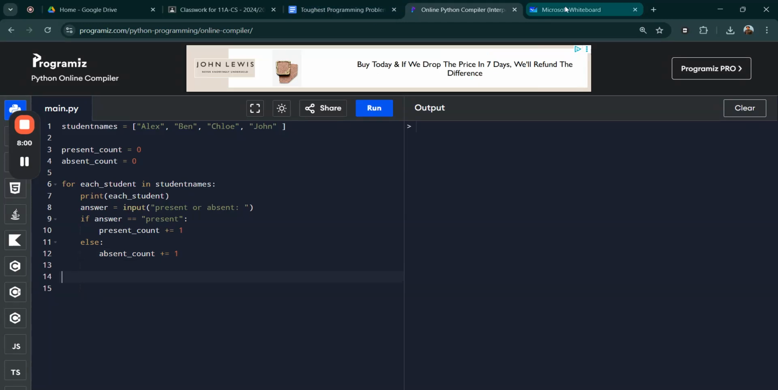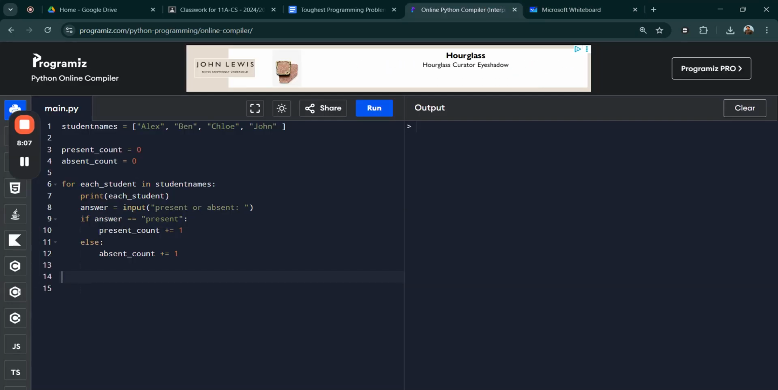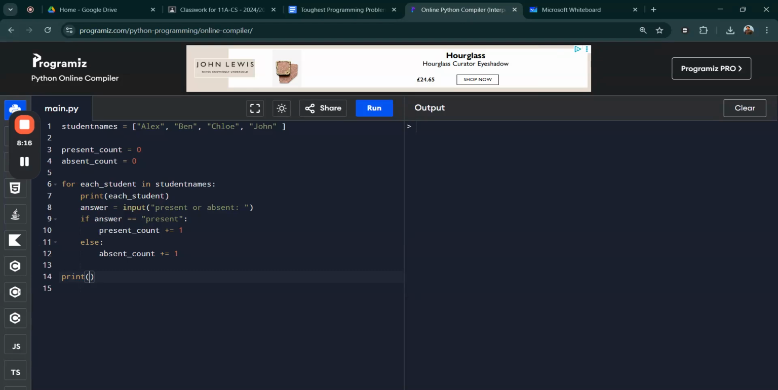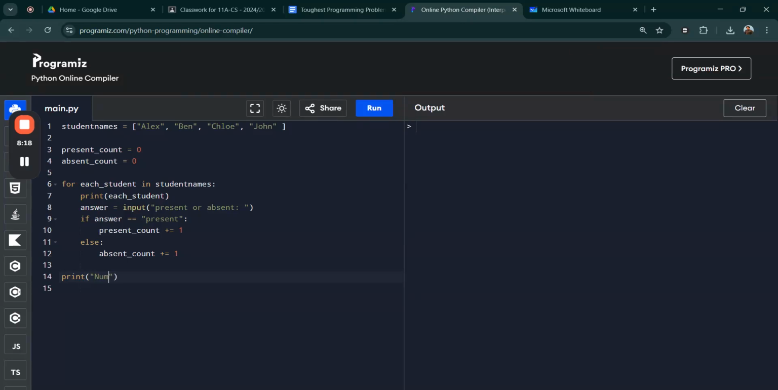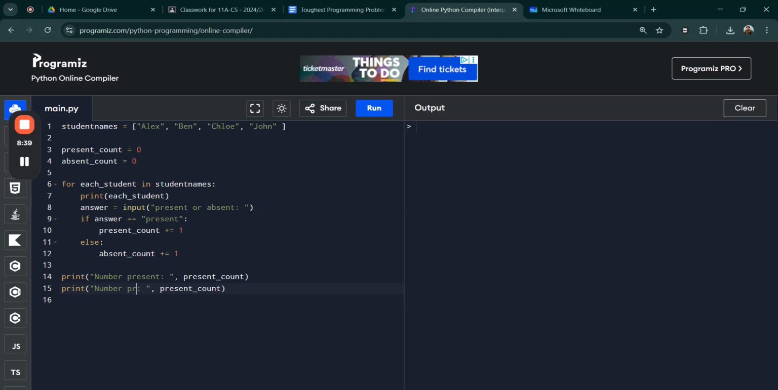And then the question also asks us to print that value, right? So we just need to print any suitable message. That's what the question is asking. It doesn't tell us exactly what to display, so we can choose it ourselves. I can write number, just make it short, number present. And the variable I need to show obviously is present count. And the same way I just copy this to the next one, and this time it's going to be number absent,